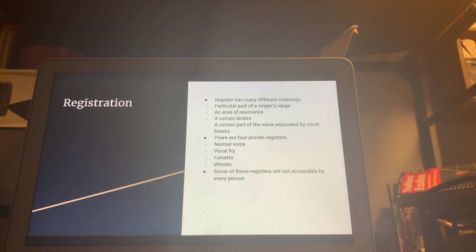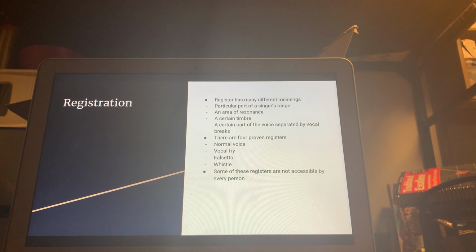Registration. Register has had a lot of different meanings from a lot of different people. Many different educators and researchers use the term register for many different things. The most common ones are a particular part of a singer's range, so how high someone can sing or how low someone can sing. So say if you're a tenor